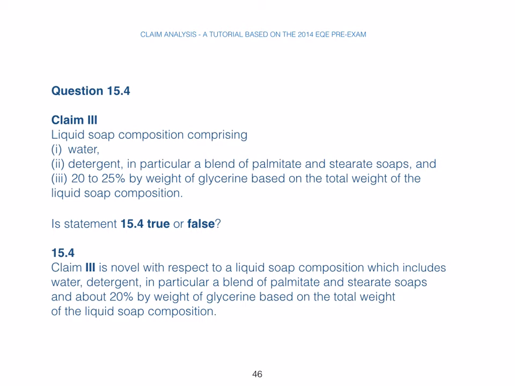15.4, relating always to Claim 3. Claim 3 is novel with respect to a liquid soap composition which includes water, detergent, in particular a blend of palmitate and stearate soaps, and about 20% by weight of glycerine based on the total weight of the liquid soap